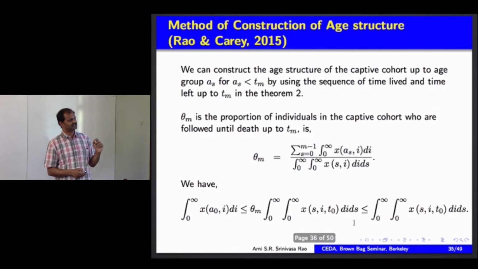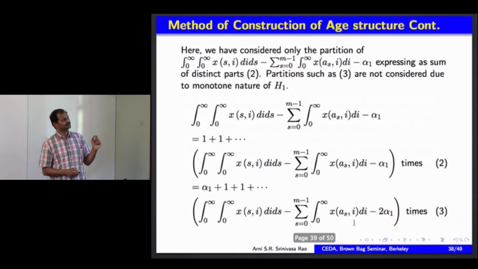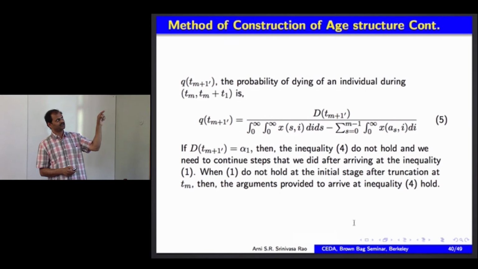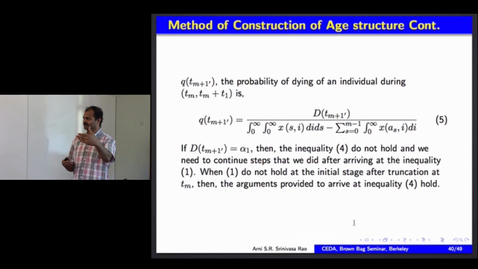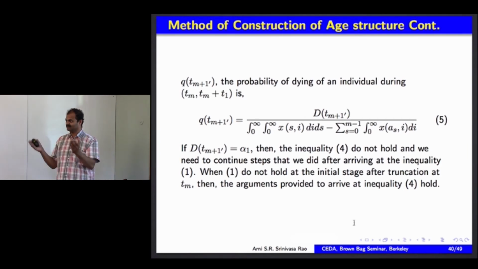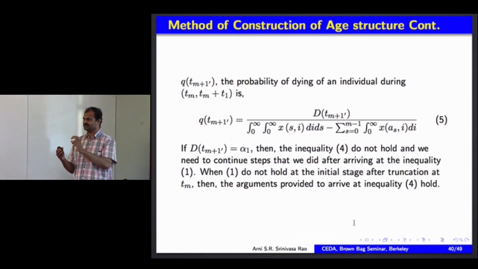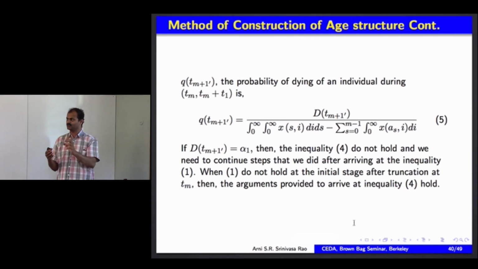I'll skip the two theorems, the statements. So finally we obtained this expression for Q, the probability of dying of an individual. All these things we have done to obtain that Q part, that is the probability of dying of an individual during this time period. We are considering the graph line, the density part, and the age and density together, and then we wanted to construct the probability of dying, and in this we obtain this particular expression where D is,